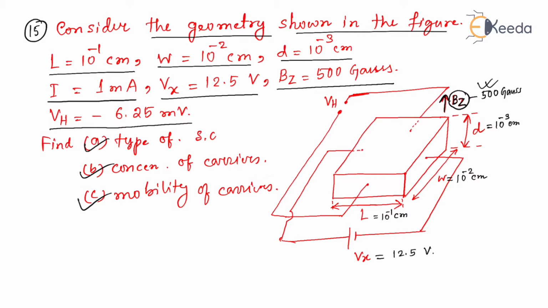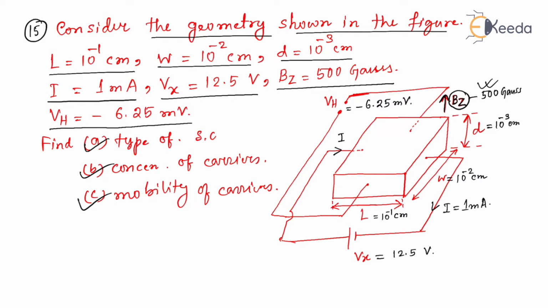and the current that is flowing inside the semiconductor is I, and the I value is 1 milliampere. So this is the total scenario that has been given, and also it is given that Vh value is minus 6.25